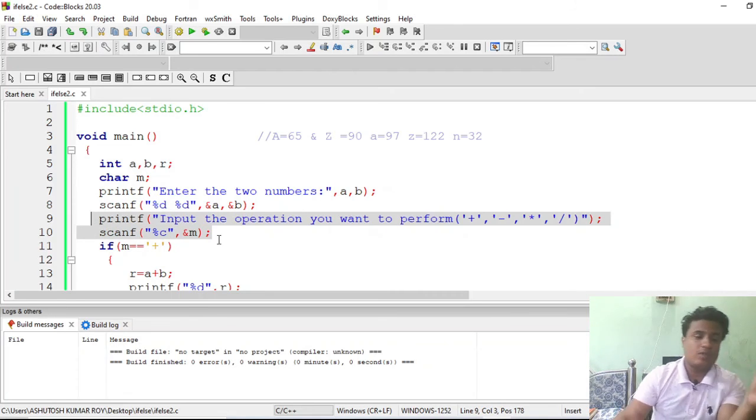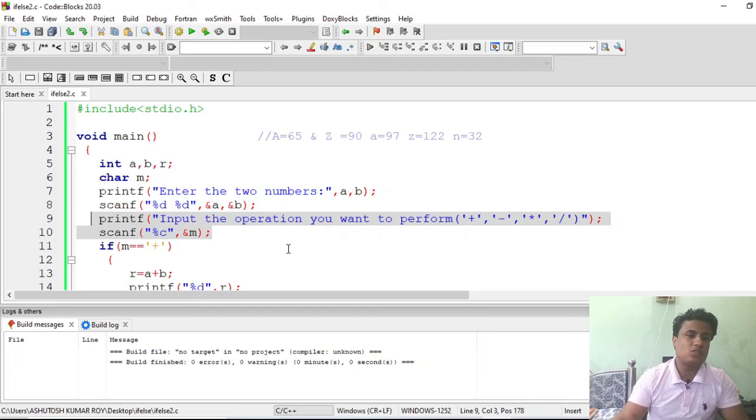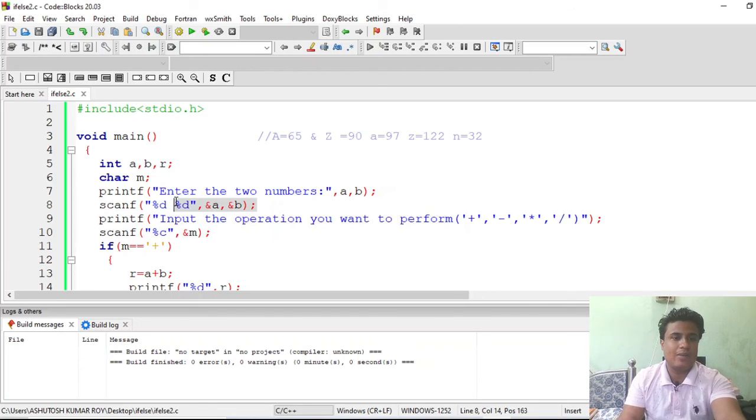So first of all we have to just interchange these. How can we interchange it? We will first take the operation as an input which we want to perform, then we take the two values from the user, then we apply that operation. You are seeing that it is giving us illegal operation directly. It is not working properly. So what could we do? We just swap these two. Firstly take the input from the user, then we take the numbers, then we perform the operation. Okay, so let's do that.